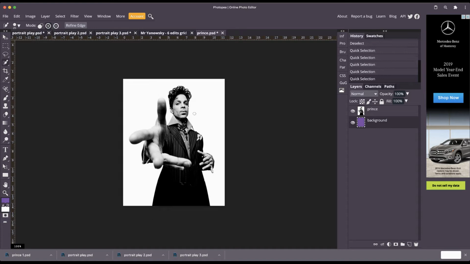And what the heck? Oh, I see what's going on. I made a big rookie mistake, and we all do this sometimes. The reason it's not choosing him is because look over here on the layers. I haven't chosen the photo to select. I'm trying to select something in the purple background. So I'm going to go now to deselect,